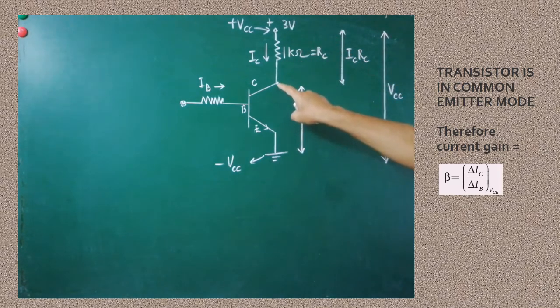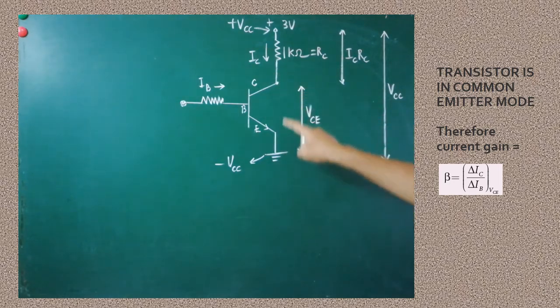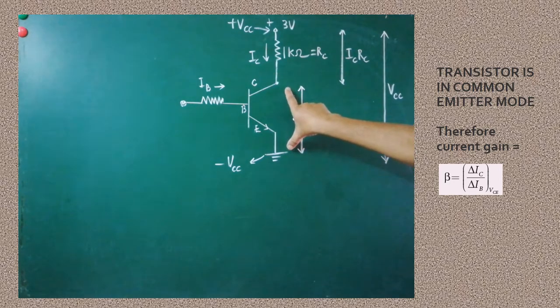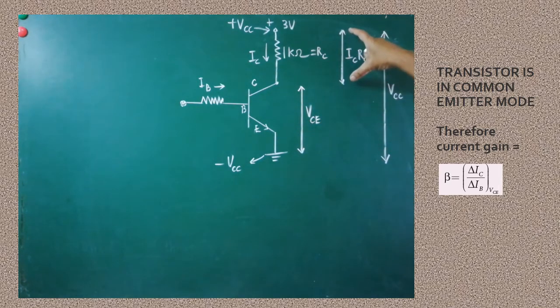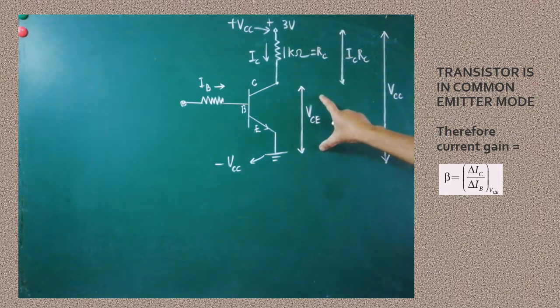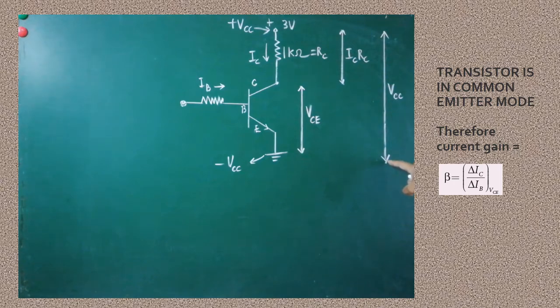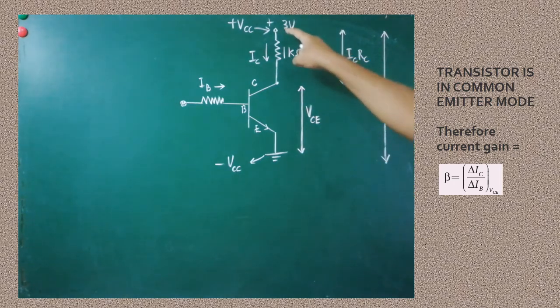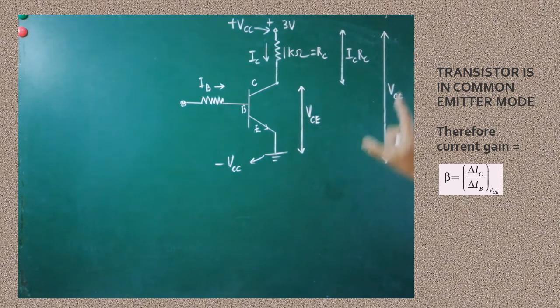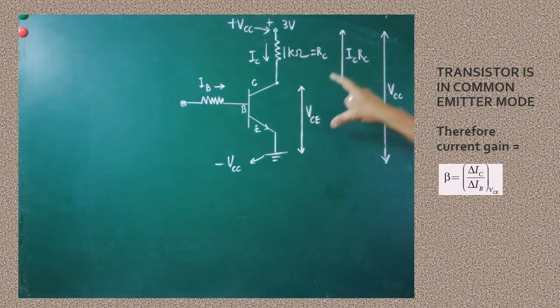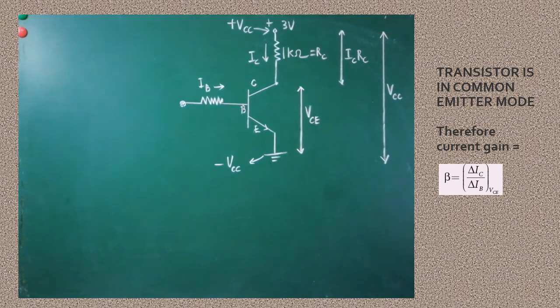And then across collector and emitter, across these two terminals, we are able to measure another potential difference, that is called VCE. If the product of IC and RC is added with VCE, we are able to get the total VCC. Are you clear? To get the total VCC, VCE must be added with ICRC. Don't forget the formula. VCC is a sum of ICRC and VCE. By using this simple fundamental formula, we are able to solve the problem.